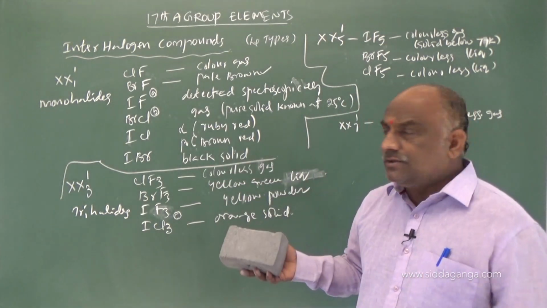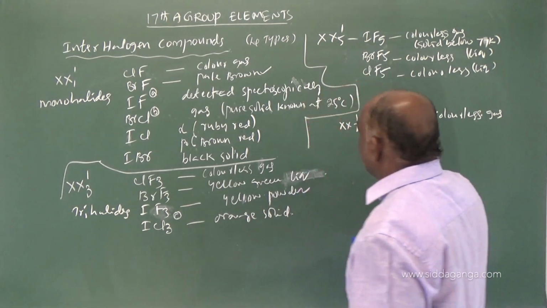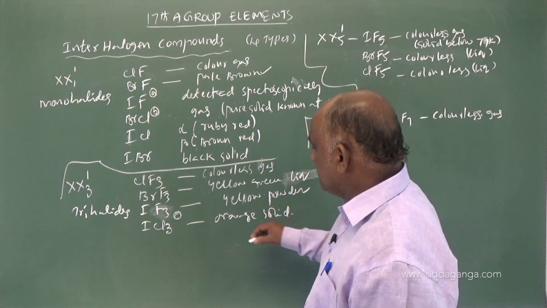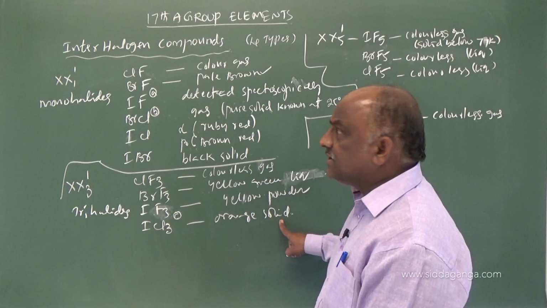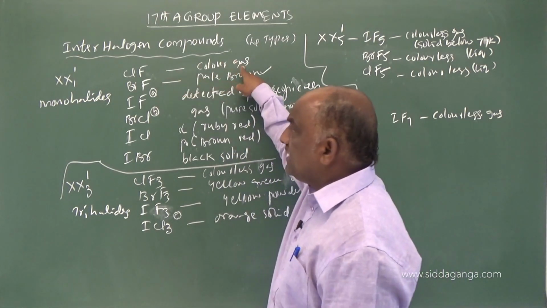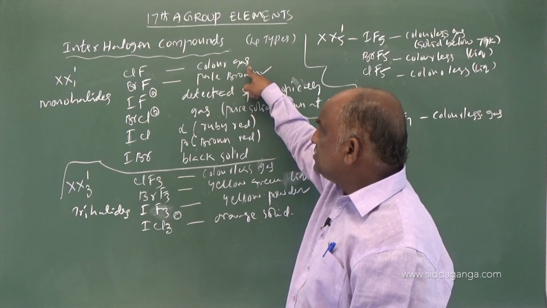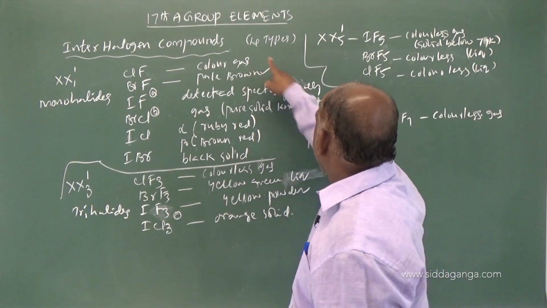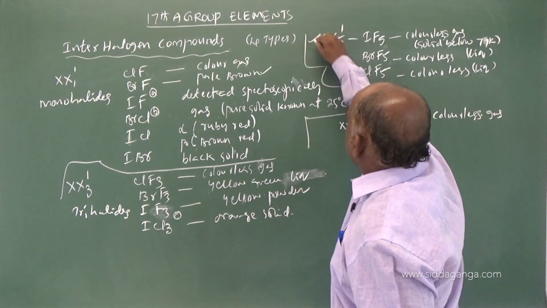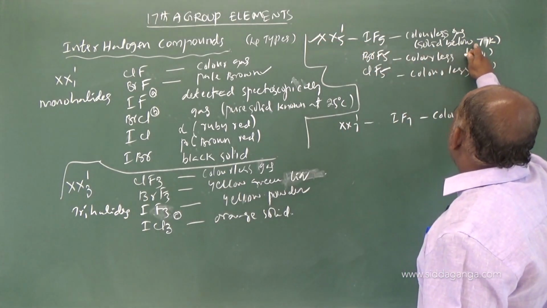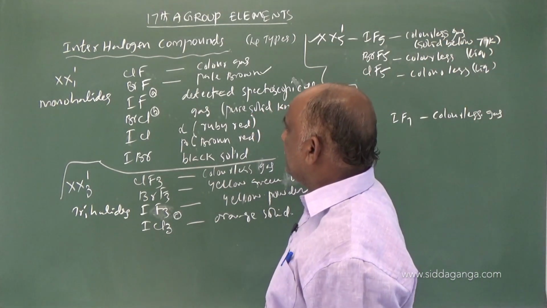formulas in your notes, and highlight the main colors. Color is very important for some compounds. This is ICl3, very important, an orange color solid. ICl3 is an orange color solid, and ClF is a colorless gas at room temperature; the remaining are all solids or liquids. So you should concentrate on these 2 points, and IF7 is a colorless gas, and this one, XX5, IF5, is a solid below 77 kelvins, and it is a pure solid known at 25 degrees centigrade.